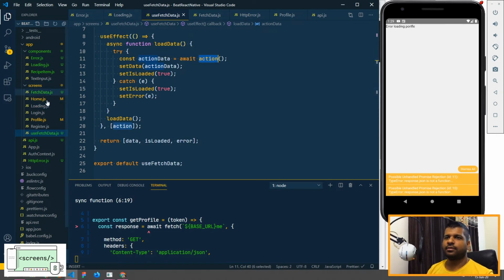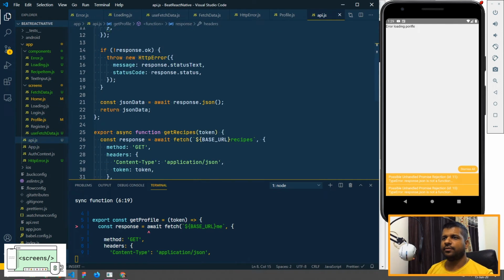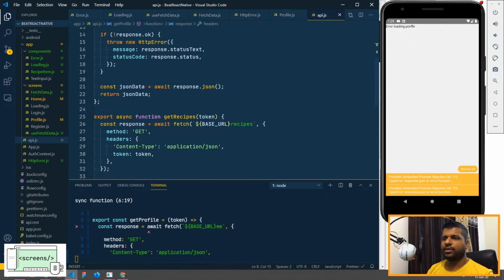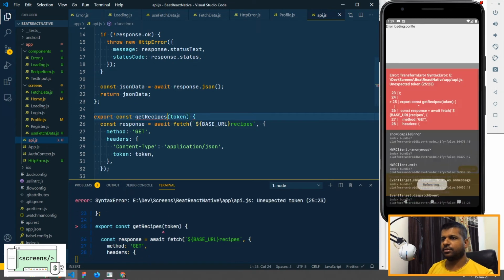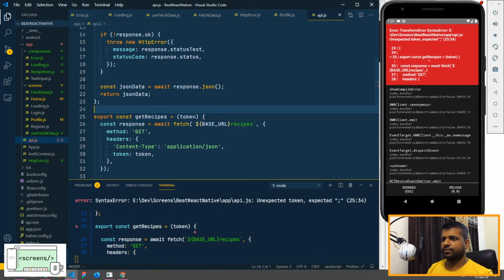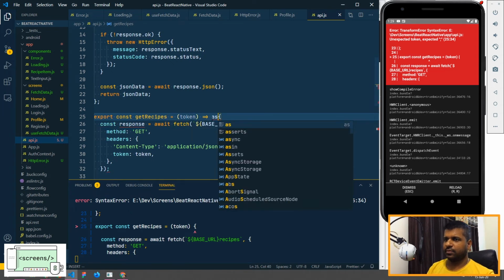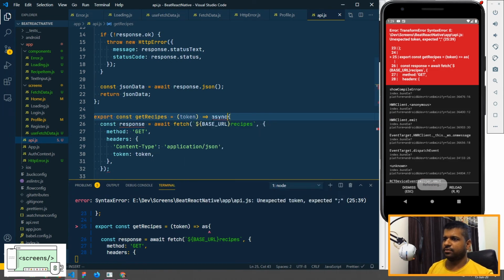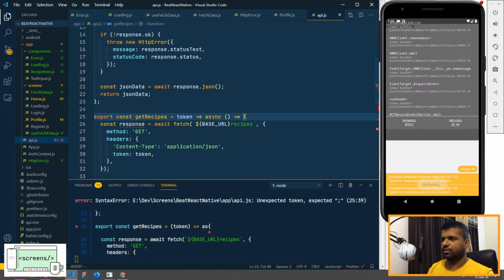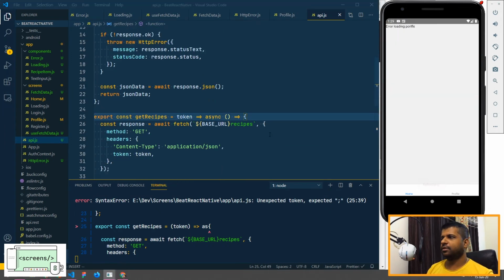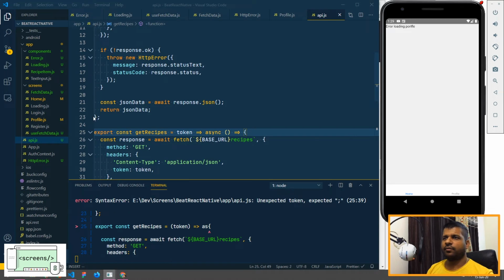So let's change getRecipes as well, like that. I'll change it to a constant getRecipes, which will be an async function. We'll change it like this, and then finally we need to make changes to our profile and home.